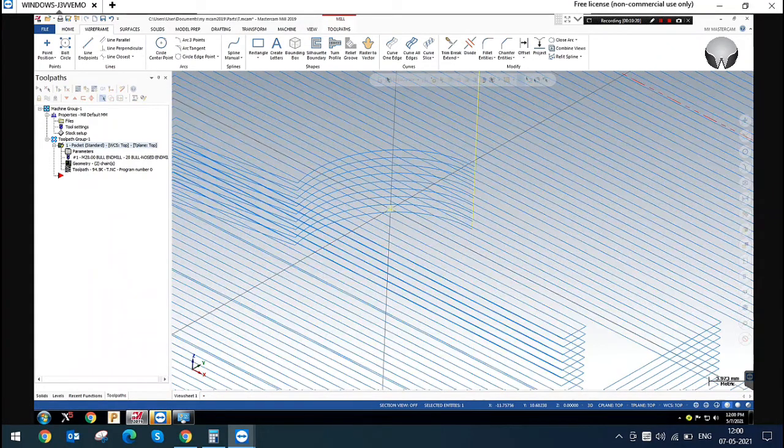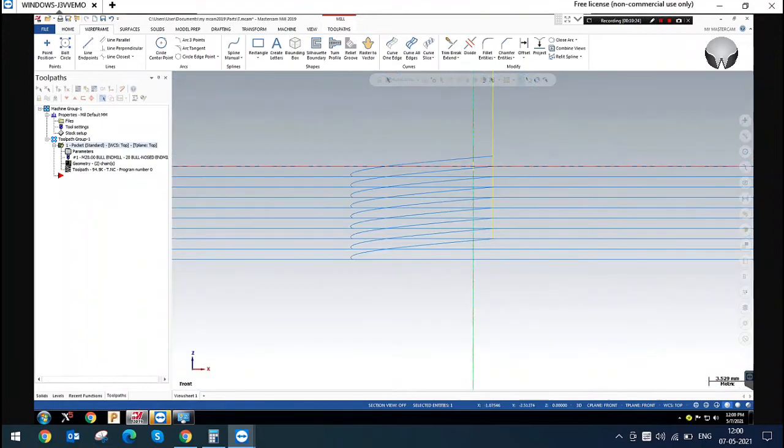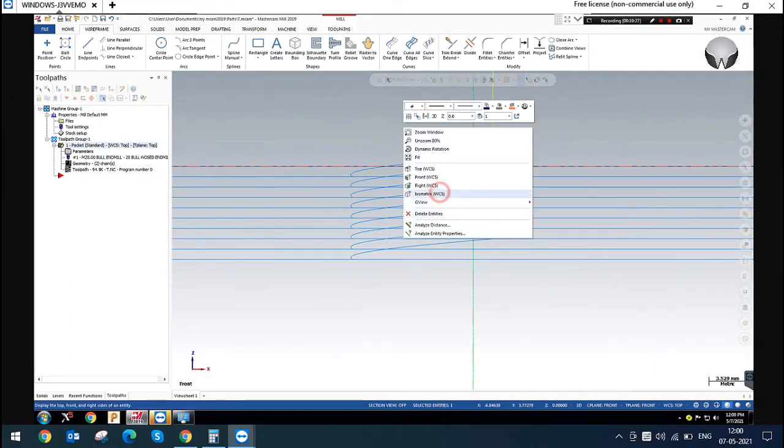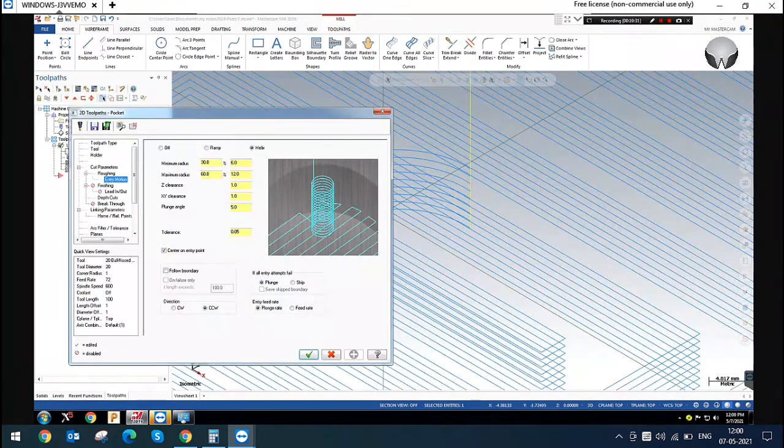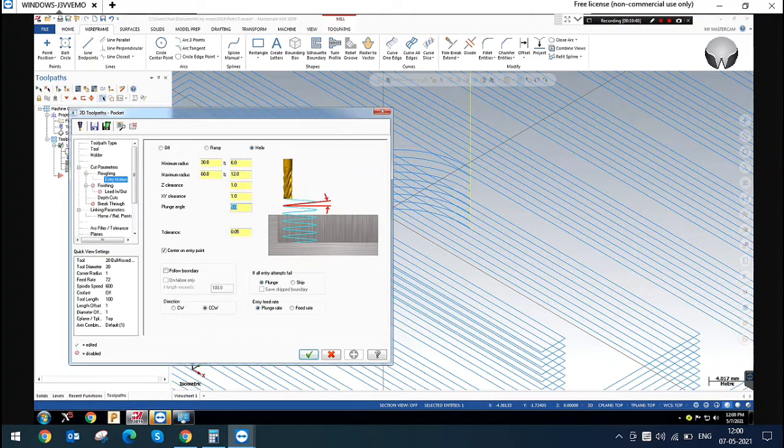The helix will be created while plunging only. The angle will be created at the plunging time.